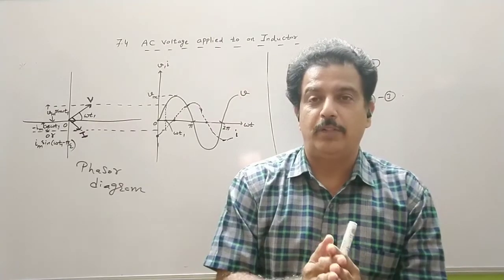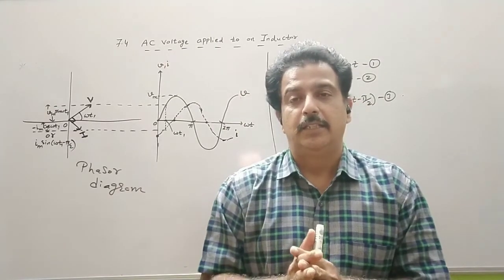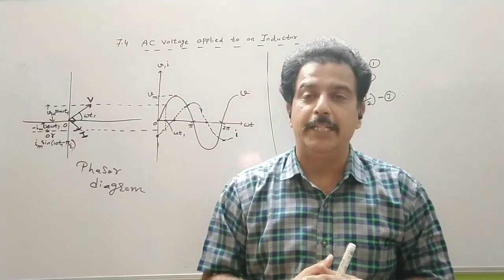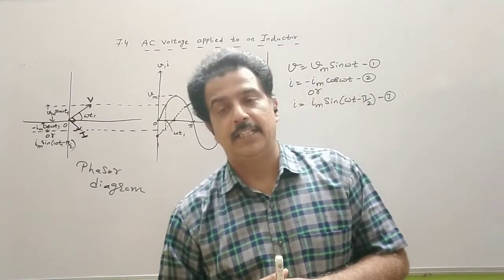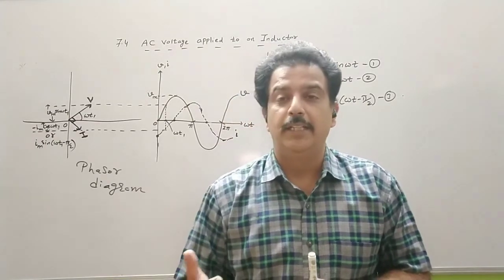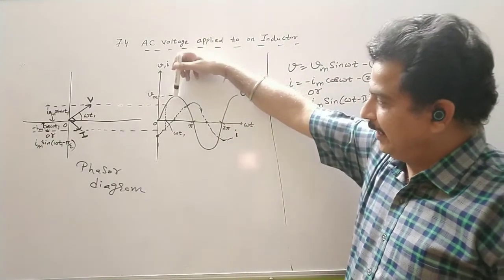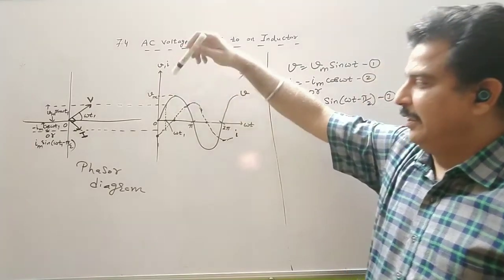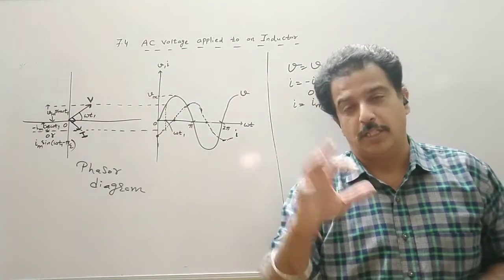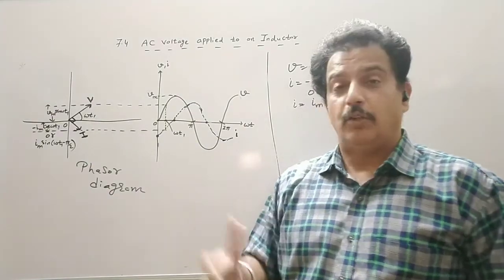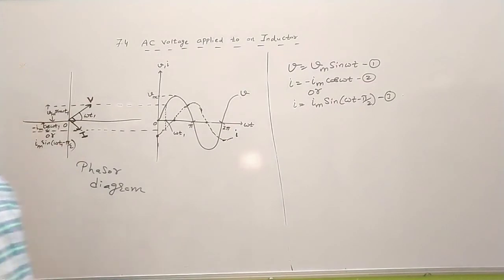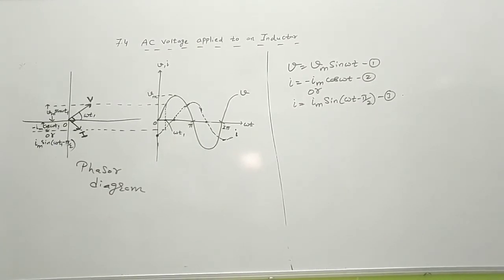If we compare it with a resistor, we find that the current is lagging behind the voltage by a phase difference of 90 degree or pi by 2 radian. And if this is 90 degree, the time interval is T by 4. So current is established after T by 4 second. Now let us see the power in an inductor circuit, or the power when an AC source is connected to an inductor.